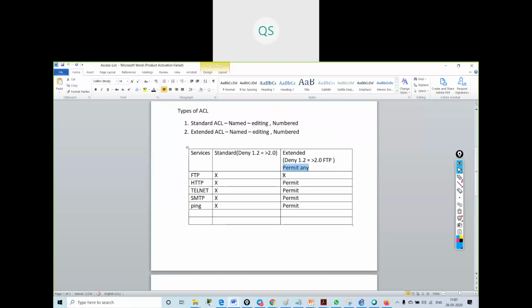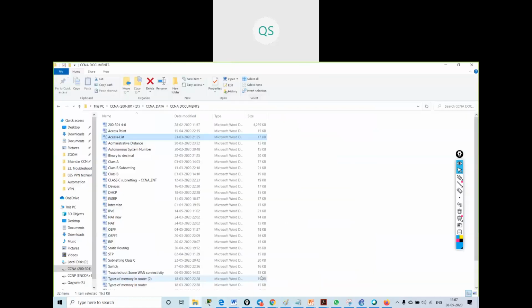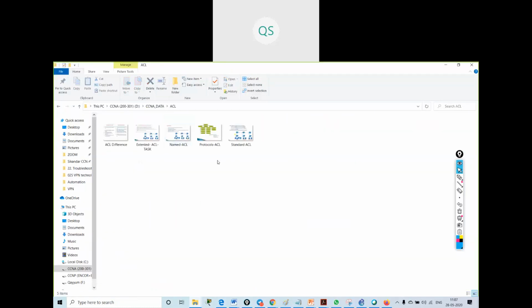So it will just deny the FTP service for this host. Other services like HTTP, Telnet, ping, SMTP, traceroute will be permitted for this host. So this is the difference between standard and extended access list.